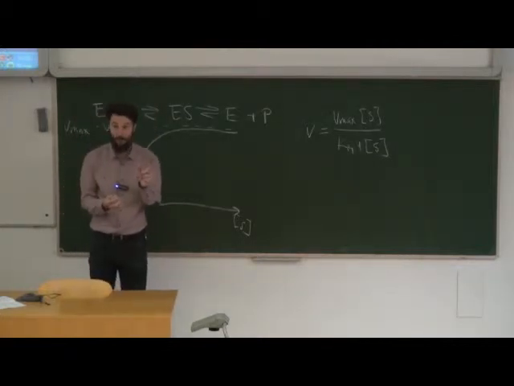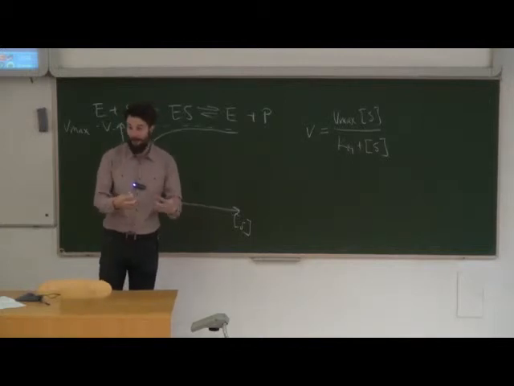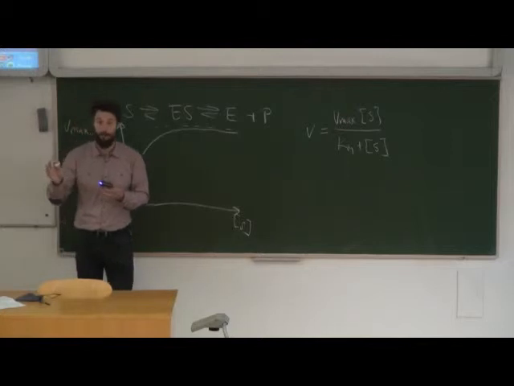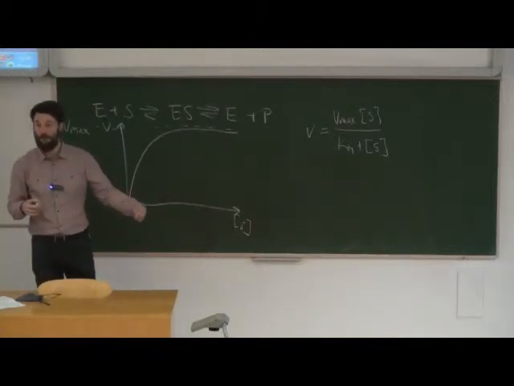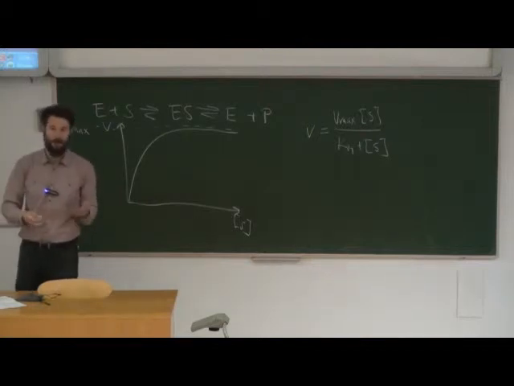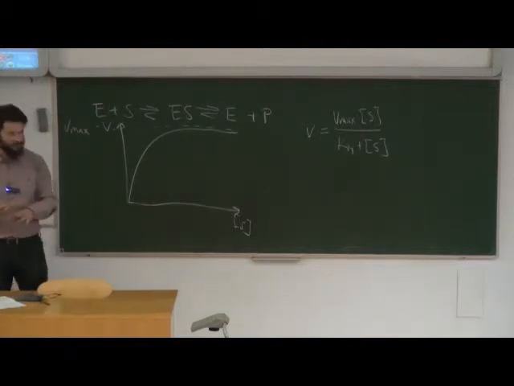Okay, this is very important because the more enzyme we have, the higher Vmax is going to be. Fairly important thing. Again, it's going to be useful when we talk about inhibition. So it depends on the enzyme amount or concentration or number or what have you. Does it depend on anything else?